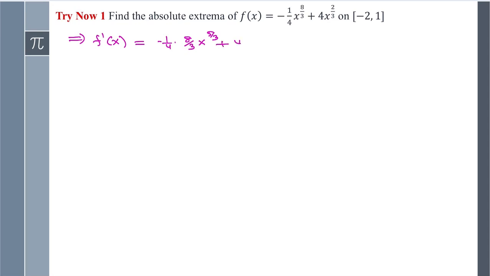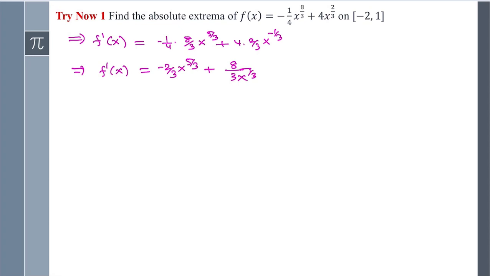Then plus 4 times 2/3, x to the 2/3 minus 1, which is negative 1/3. Okay, let's simplify this a little bit. So f prime of x equals negative 2/3 x to the 5/3 plus 8 over 3, and we can bring that x down here just to keep that